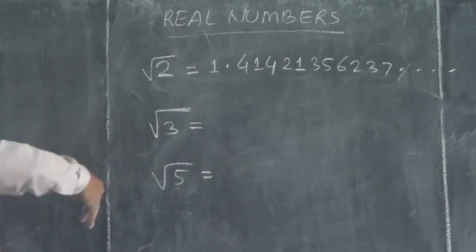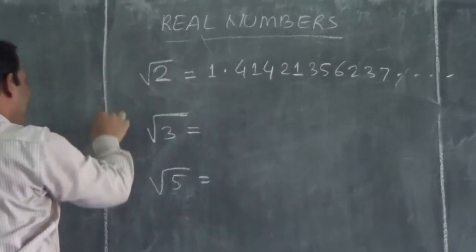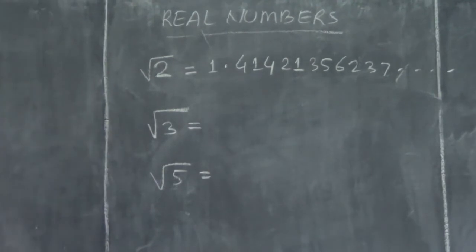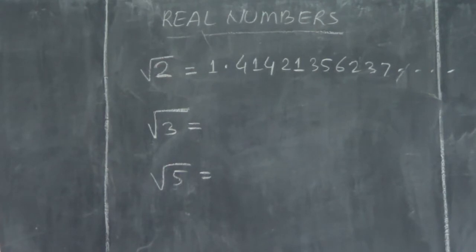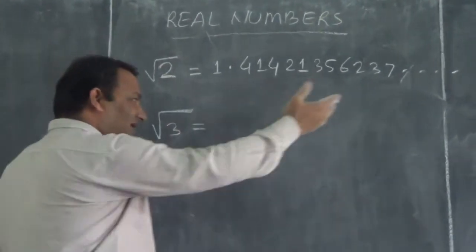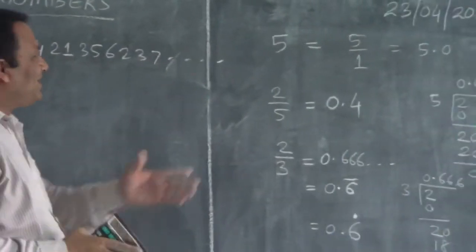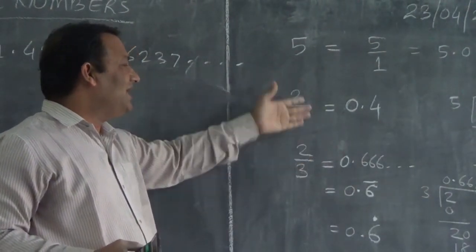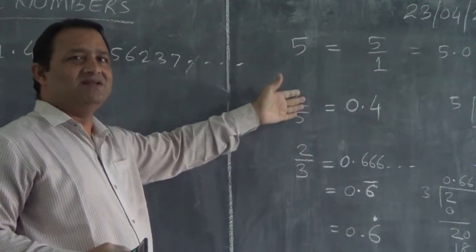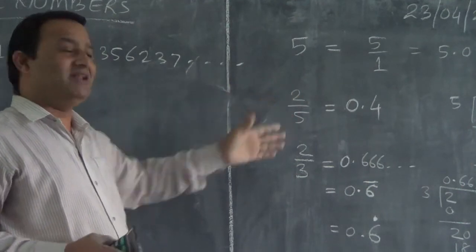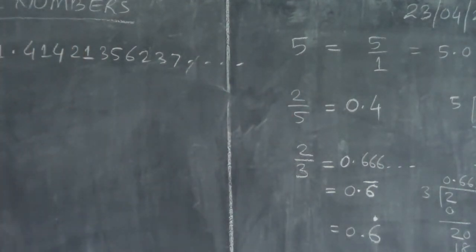In this kind of cases, the numbers whose exact root cannot be extracted, such roots will give non-terminating, non-repeating decimals. But here, how to know which will give terminating decimals and which will give non-terminating decimals? A simple rule is there, children. We have to remember that simple logic, and then it will be very much clearer to us.